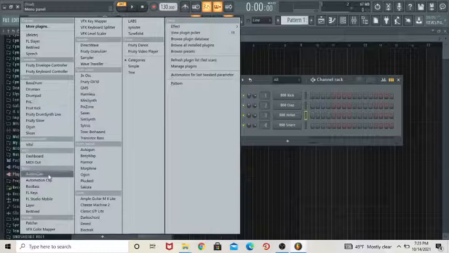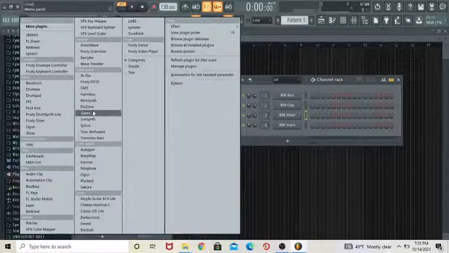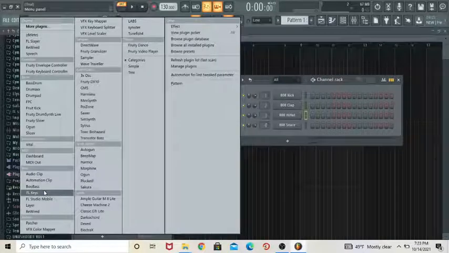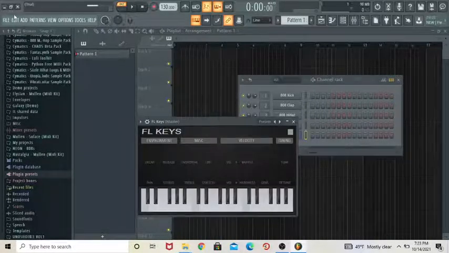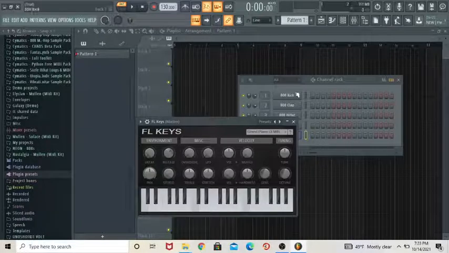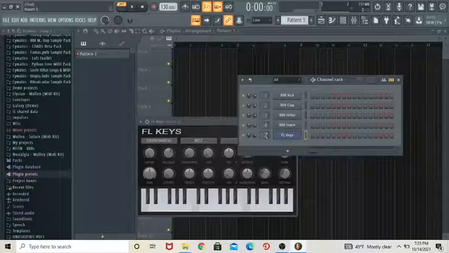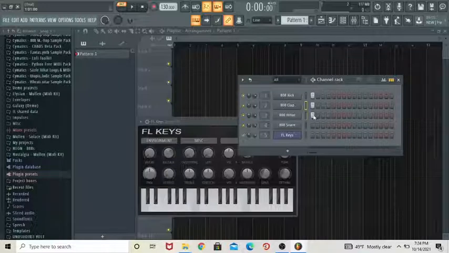As you can see, all the plugins. And for example, say if I wanted to add a piano, I'd go to FL Keys, go to add FL Keys, and then now you can use the scroll bar on your mouse to assign a track. So I'm gonna do this, and then